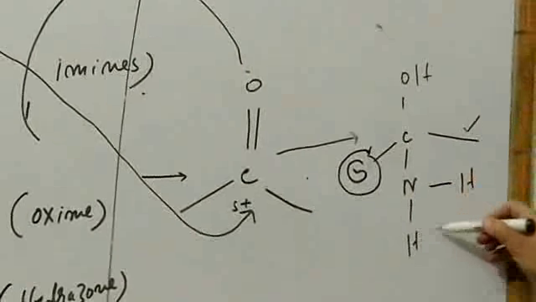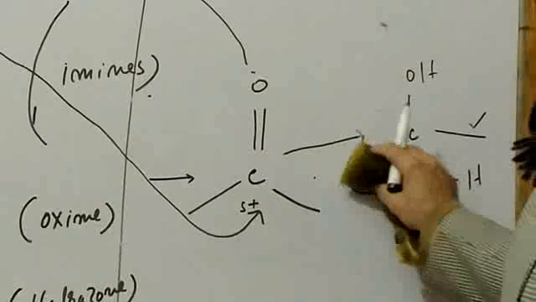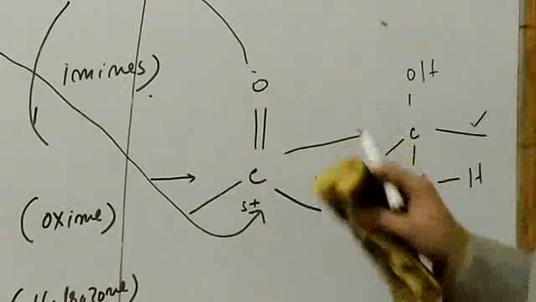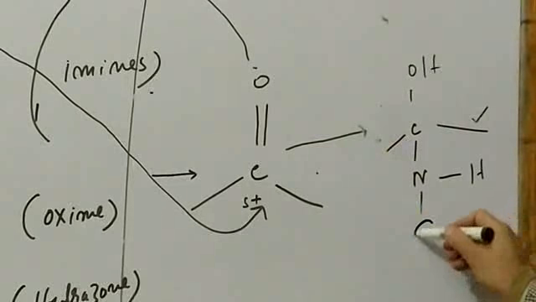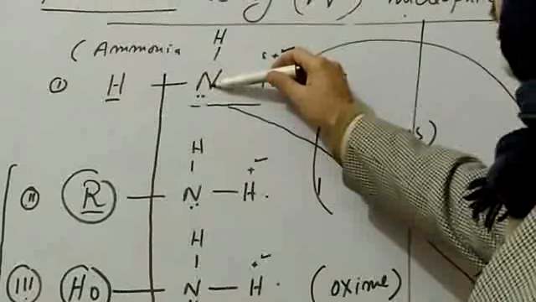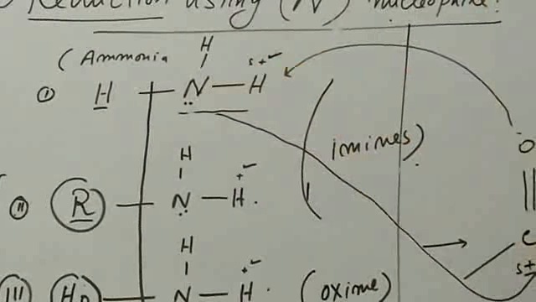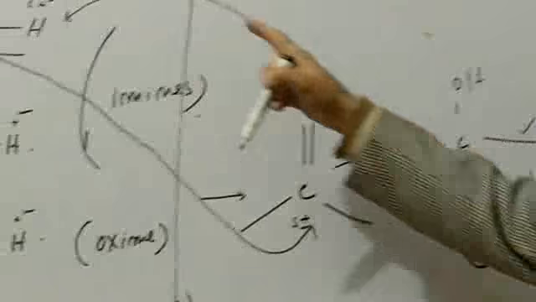While the other two groups are shown over here. They are shown over here, not here. It should not be here. It should be here. Because here, as you see, nitrogen is attached with the carbon, and one hydrogen is attached